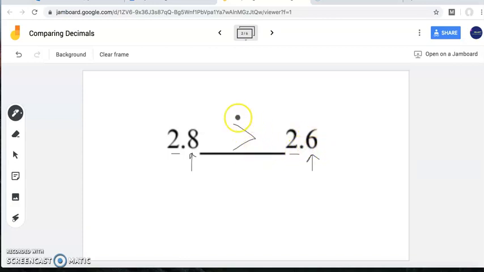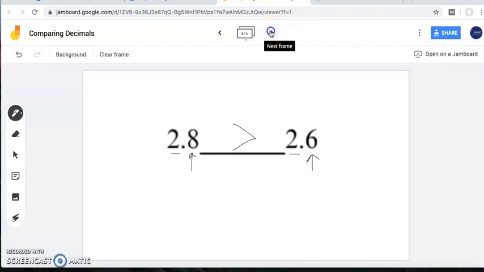Now, just as a reminder, this greater than sign is always going to eat the larger number. And I know you learned that in third grade, and you're going to take that and apply that as well when we're comparing decimals and using these inequality symbols, or these greater than, less than, or equal to symbols, for